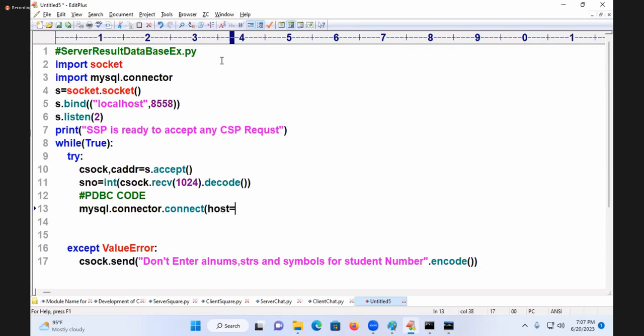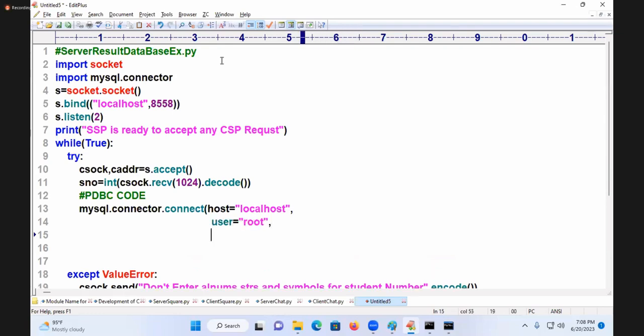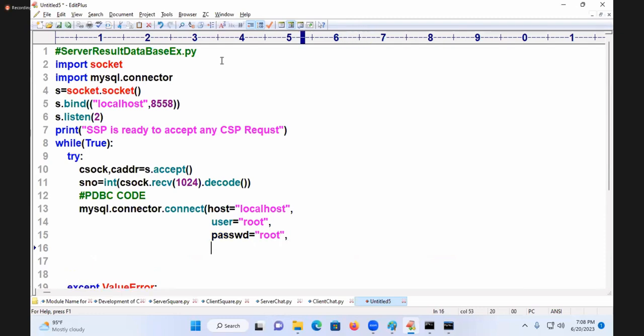So host is equal to localhost, comma, user is equal to root, comma, passwd is equal to root, comma,